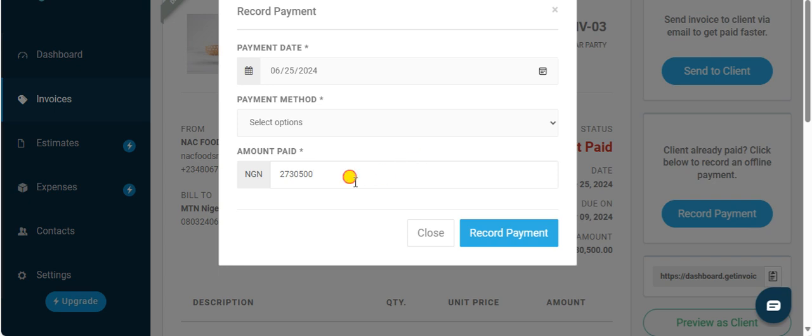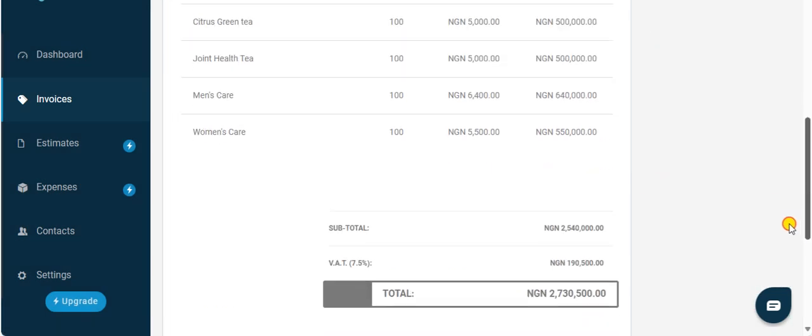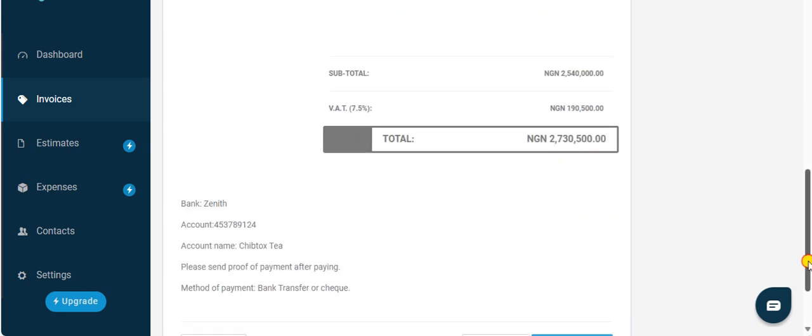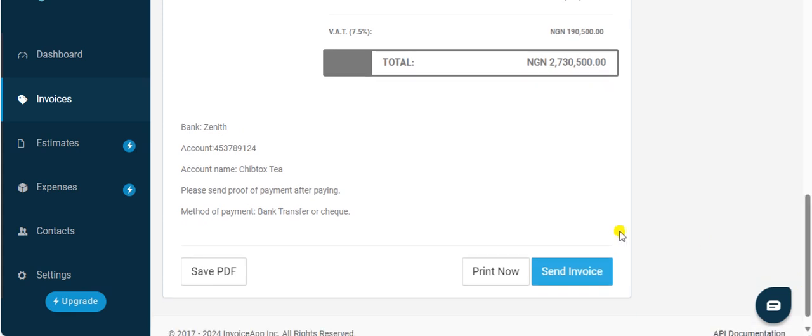Out of this amount, how much did they pay you? So you have to write it. Excuse me, so how much are we looking at here? If they pay you all the money, 2,730,000 naira. If they pay you all the money, when you are done, what you do first is send